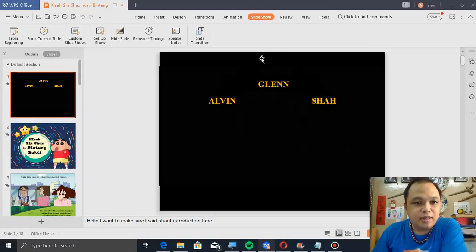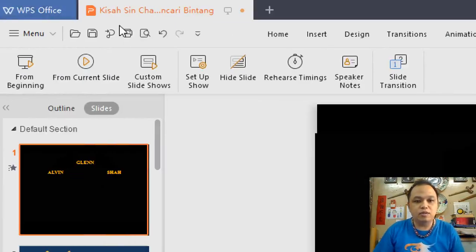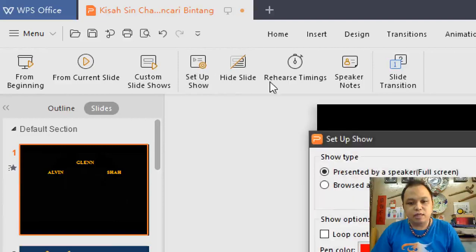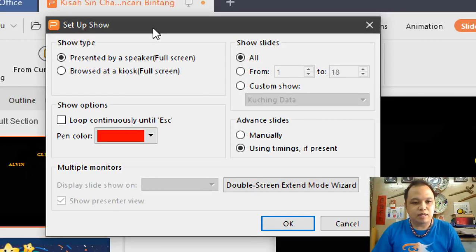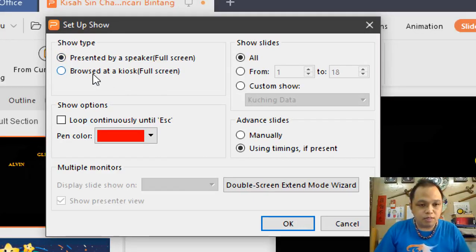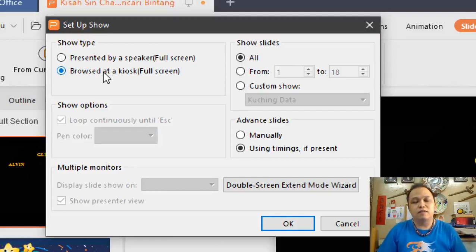Okay, sekarang saya akan bagi tahu apa fungsi yang seterusnya, ialah itu Set Up Show. Set Up Show ini adalah basically just to bagi tahu okay, jenis apa presentation kamu akan gunakan. Kalau biasanya kalau kita ada komputer, biasa when kita gunakan komputer, kamu boleh guna inilah presented by speaker. As for browse at kiosk, maksudnya you tahu kalau let's say there's some of your department kah, dia